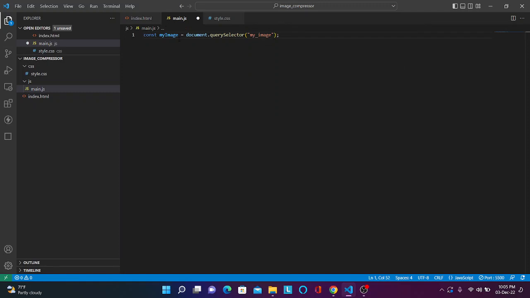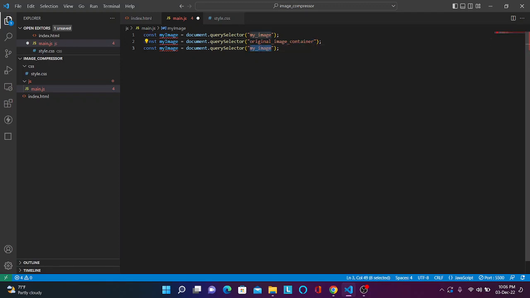Okay, and then we'll give original image container,